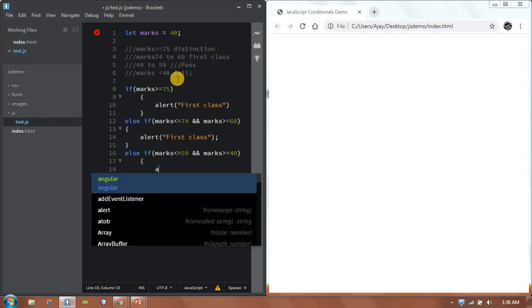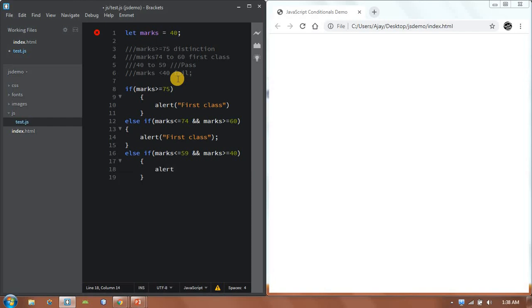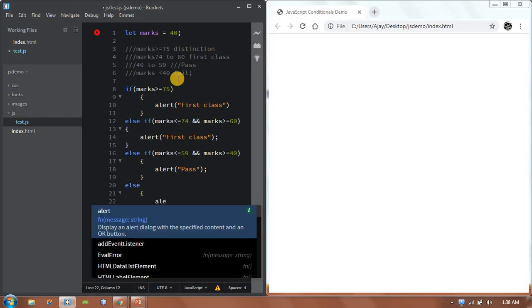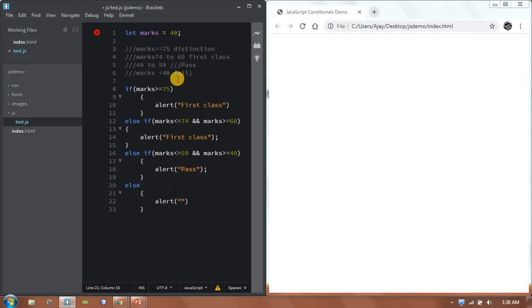So simply write alert pass. Otherwise I can say the student is fail, so we'll simply write alert fail. Now we have given the marks as 40, so it will say it's a pass class.